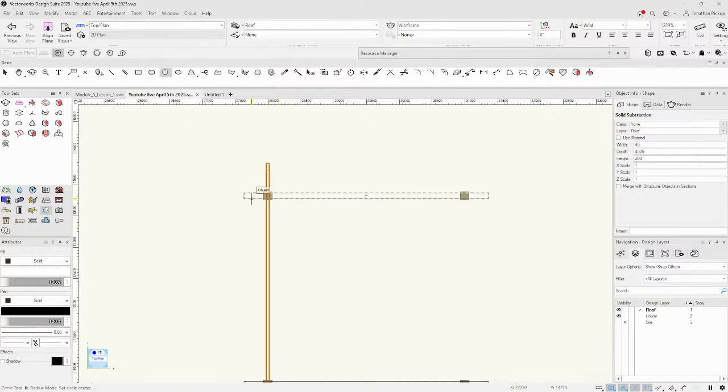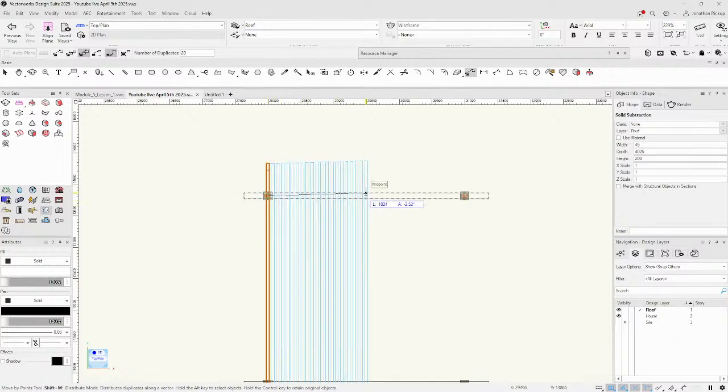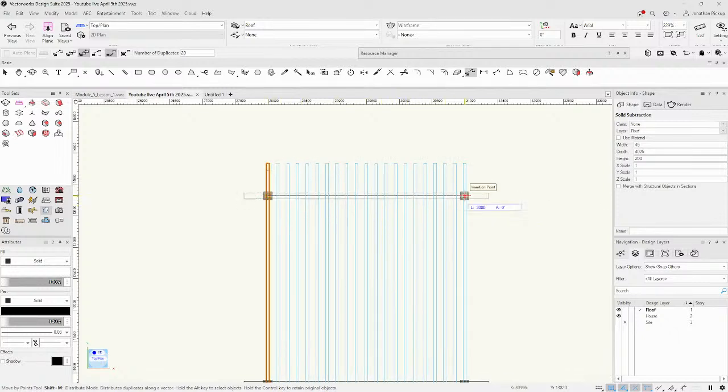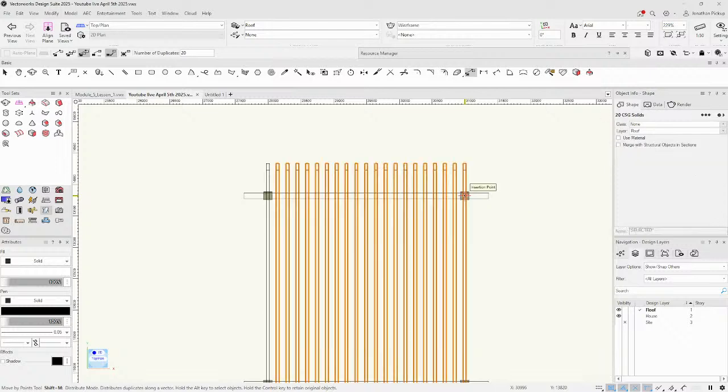Now we want to have a whole bunch from the center of this structural member to the center of that one. So I'm going to use my move by points again. This time I'm going to distribute them. What do we think? 15, 20 of these things? I have no idea at the moment. So I'm going to go to the center of that one, click,